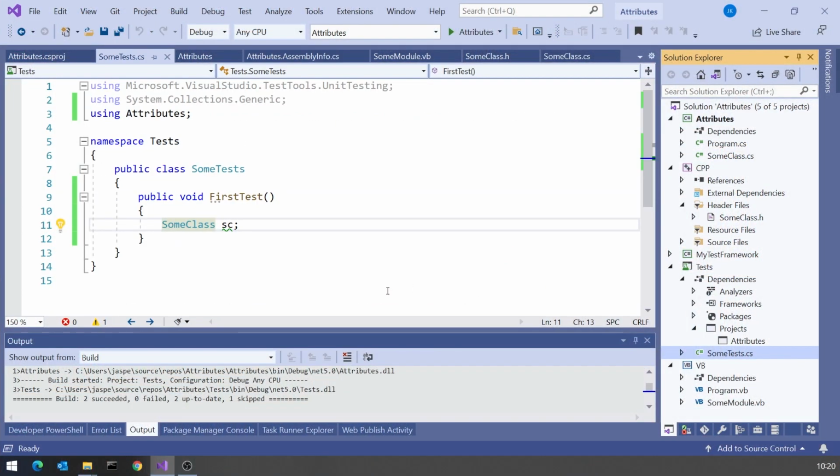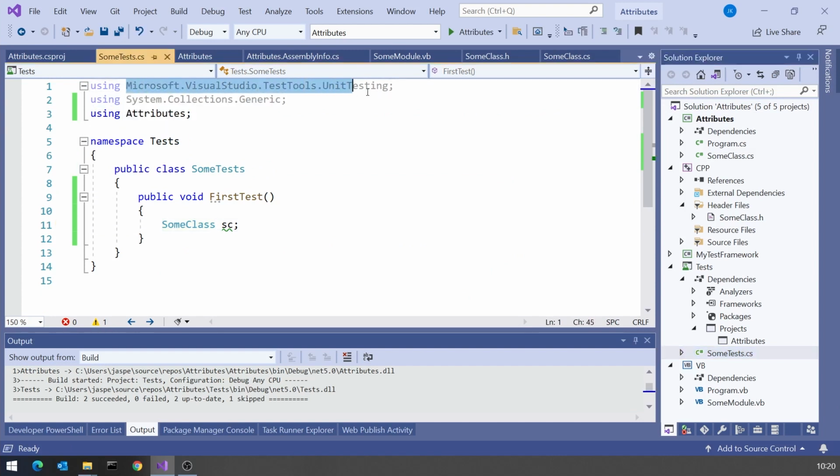An example where we're going to start using something different is actually when it comes to testing. So let's go to this test project. And in this case, we are using the Microsoft Visual Studio testing. So that's still Microsoft. It's not part of .NET itself. And equally, it could have been something like XUnit or NUnit or something completely unrelated to Microsoft entirely.